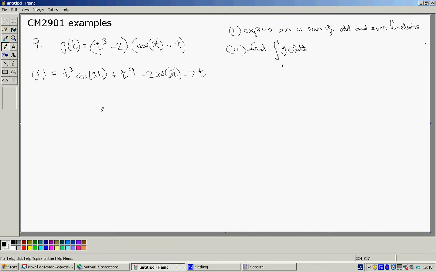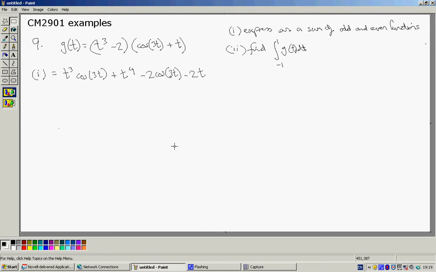Then we need to realise that t cubed is an odd function, which we can illustrate briefly. If t is 1, t cubed would be plus 1. If t is minus 1, t cubed is minus 1. If t is 0, t cubed is 0, and the function looks something like that. In other words, it's antisymmetric, or you could say that f of t is equal to the minus f of minus t. So t cubed